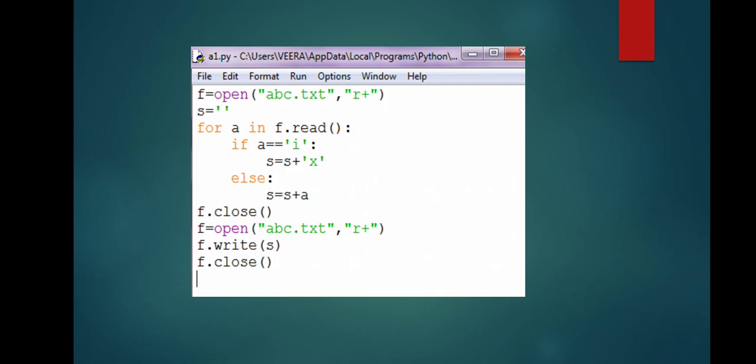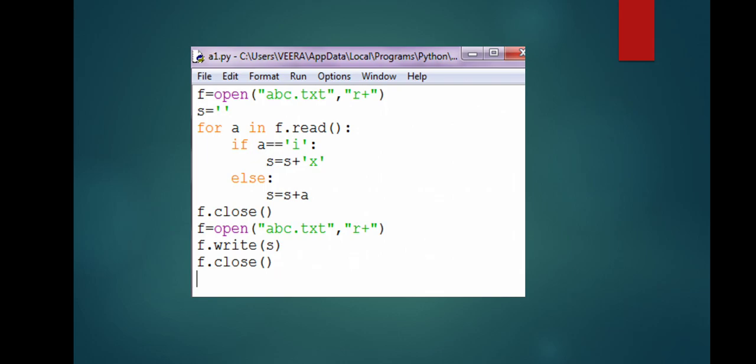Okay, after that we have closed the file. Now why have we closed the file? Because we have to write into the file from the very beginning, and once we have read all the file, the cursor is at the end of the file and we cannot shift back. So we have closed the file, and once again we have opened the same file in the same mode, and now I have written that string variable in the file, right? This is a way you can perform modification in the file.